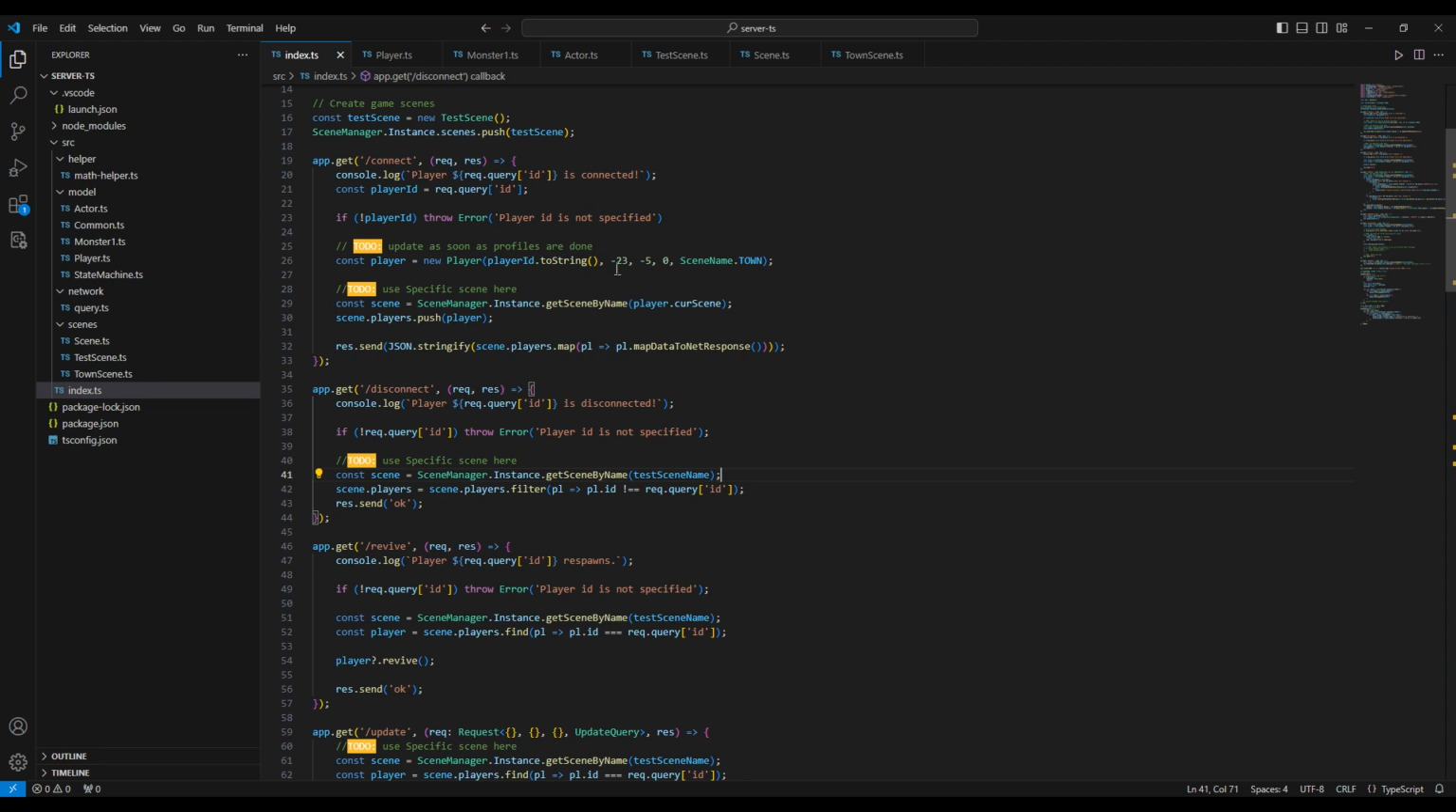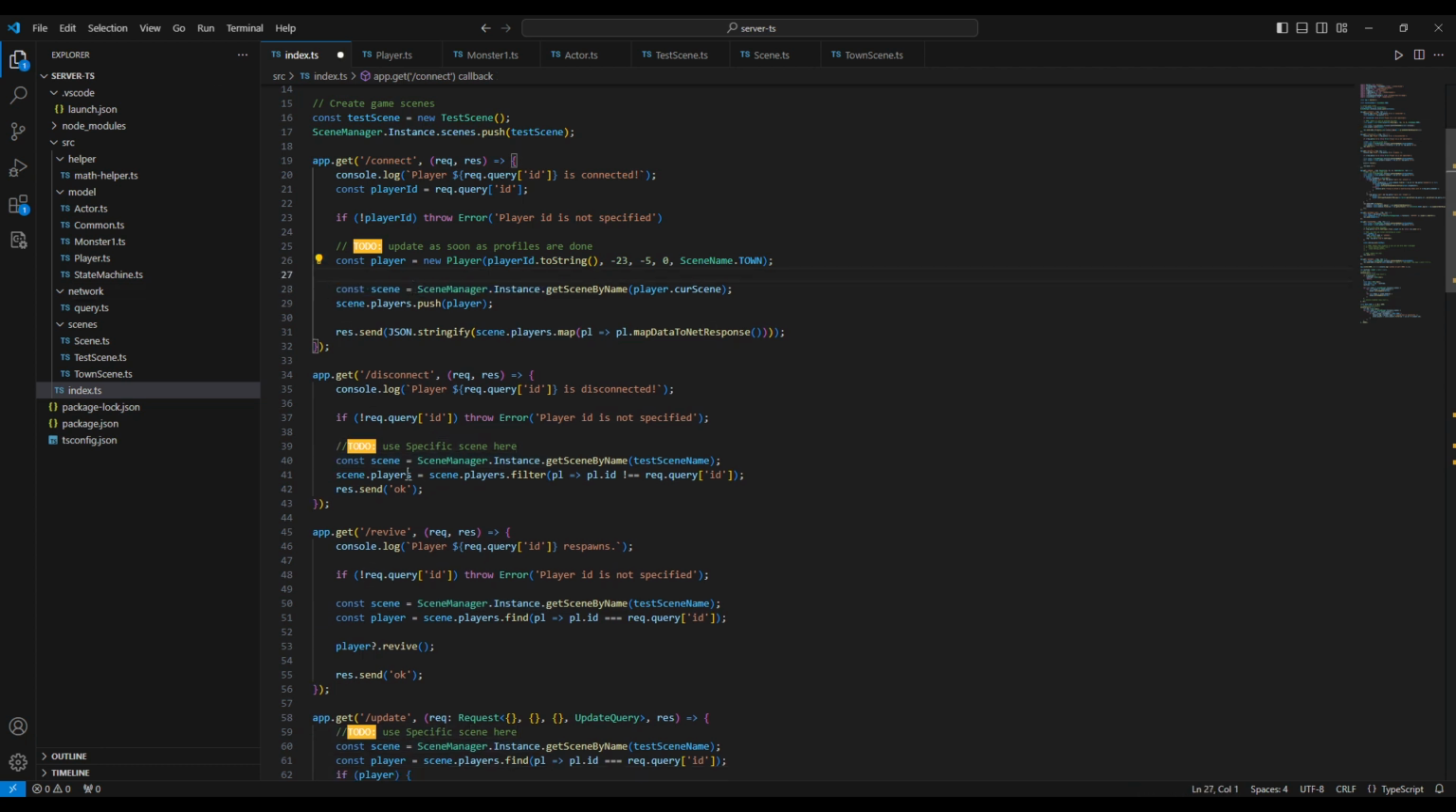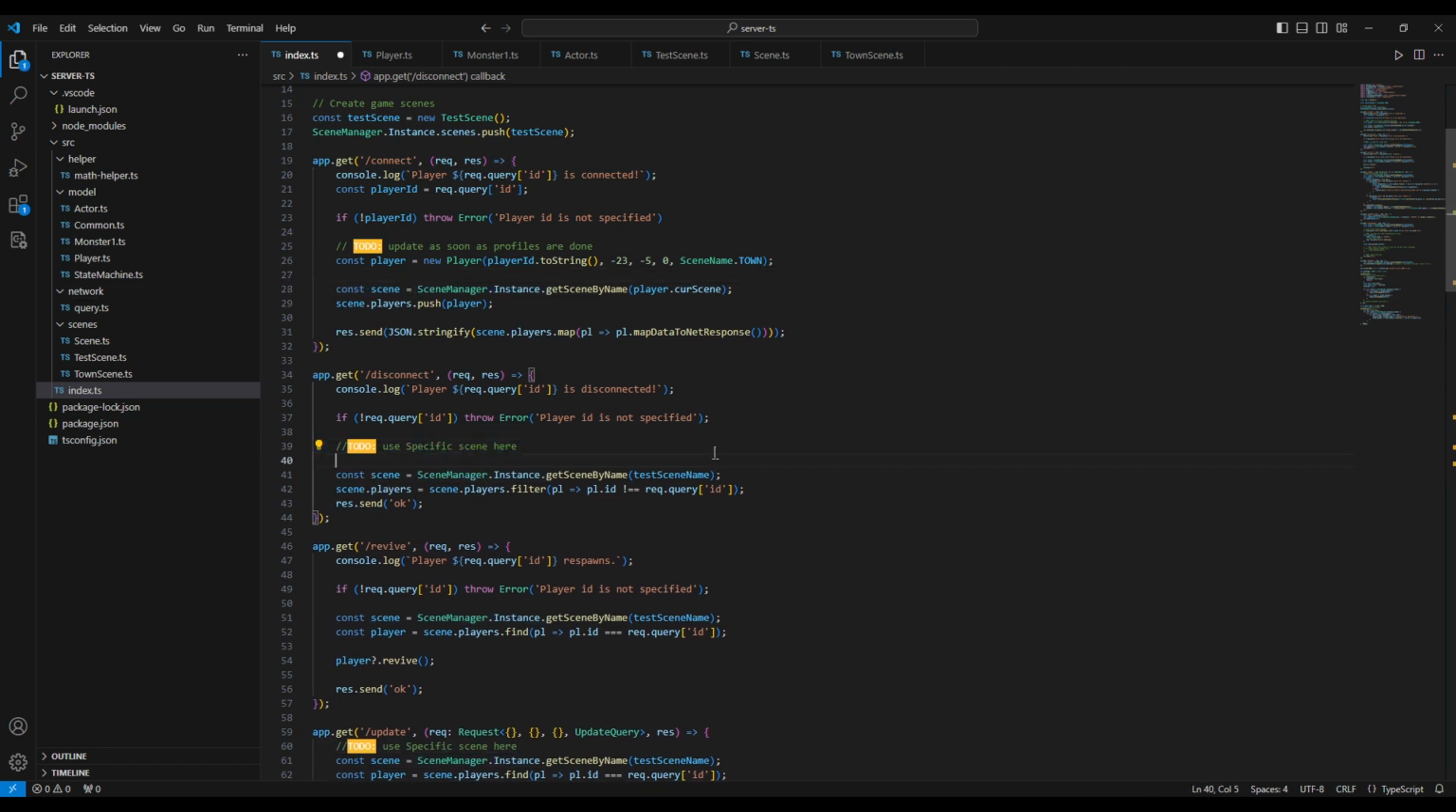search for the scene first. Here we have it. We need to use a specific scene. How do we do it? We have a player ID, right? So we will do scene manager instance, get scene and player by ID, and we'll just put our ID there. Rec query and then ID like that. And also it says that